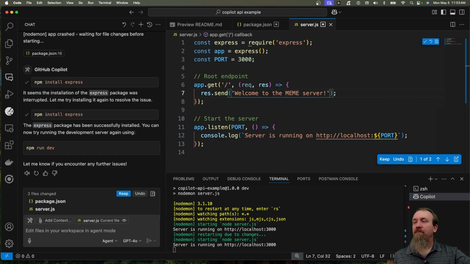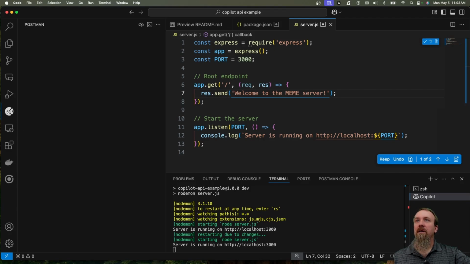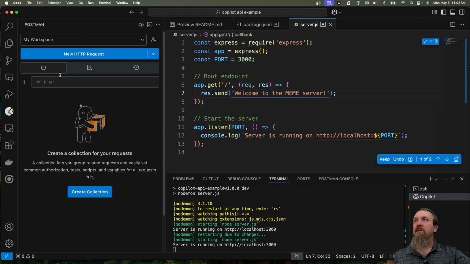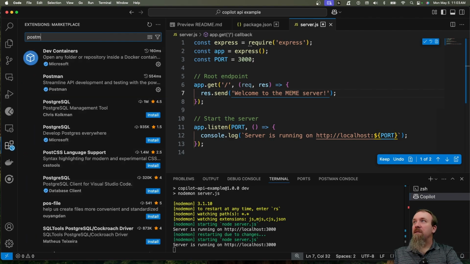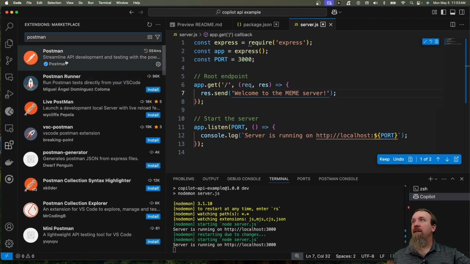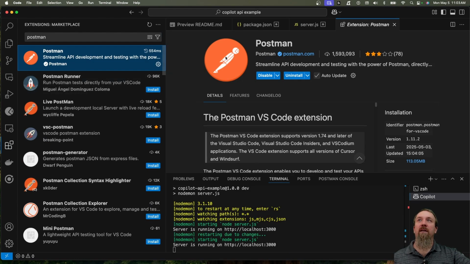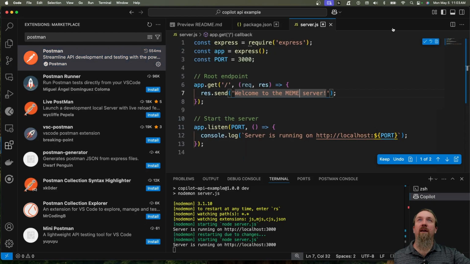So now to test that, I guess here's one more extension that I would recommend installing. Postman. You can obviously use the regular app, but I find it quite handy for this to just use it right in VS Code. So you can find that extension, come in the extension marketplace and search for Postman, get the official Postman VS Code extension right here, and that's what we're going to use to now test our